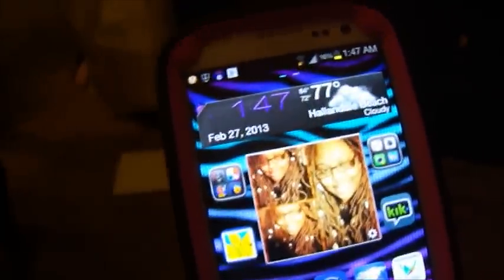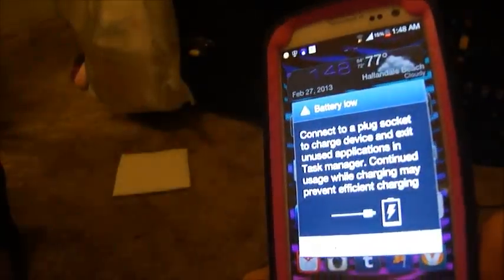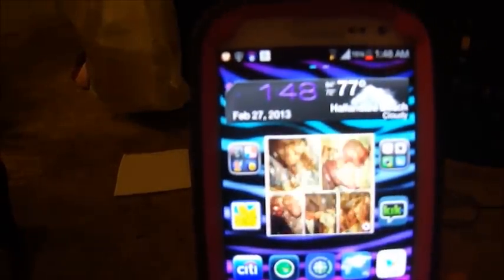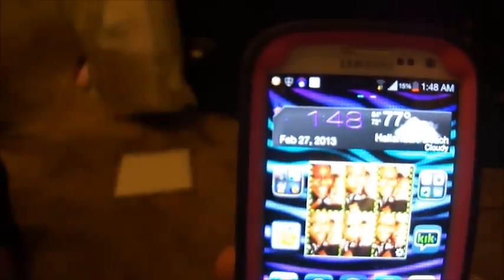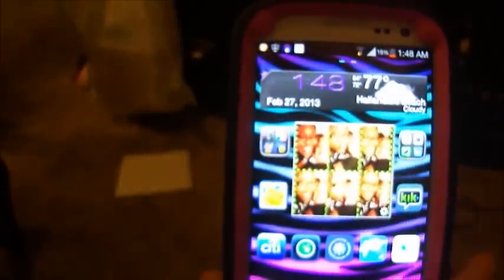Okay, so here's my phone, and I got this. This is an aftermarket OtterBox case, and they make the ugliest OtterBox cases for this phone. My battery is about to die, but I found this one on Amazon. If I find the link to it, I'll leave it below. But yeah, here's what's on my Android. I could have sworn I did one not too long ago, but someone asked me to do another one, so here we go.